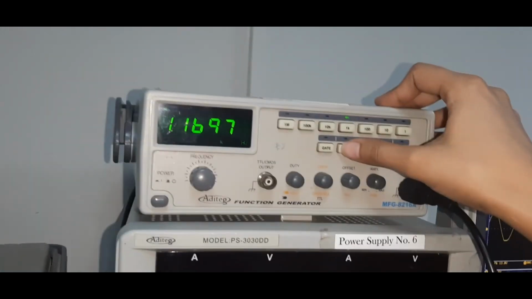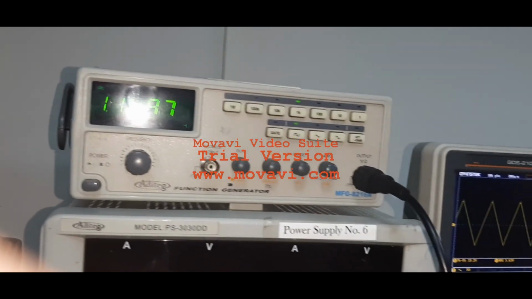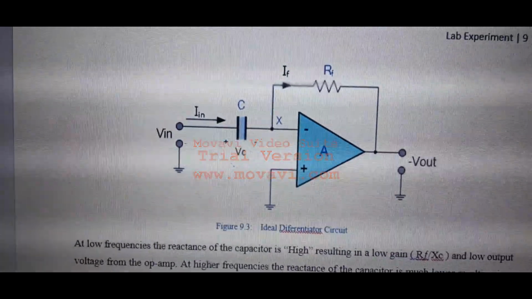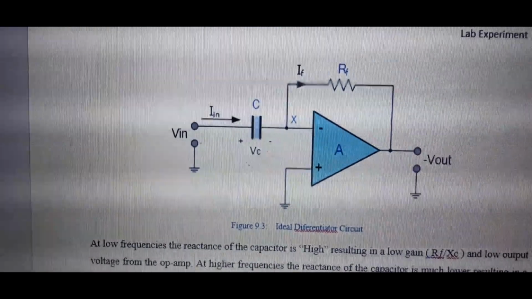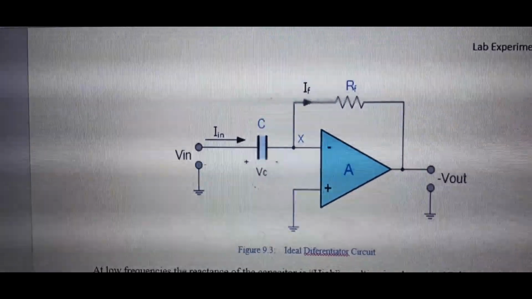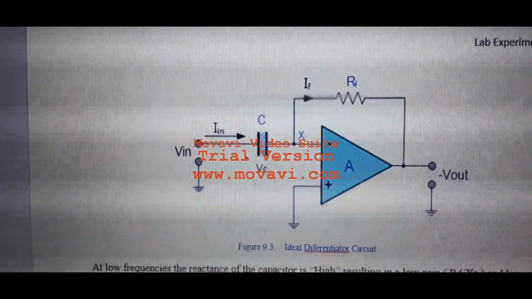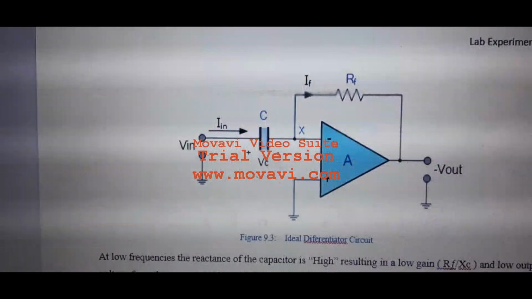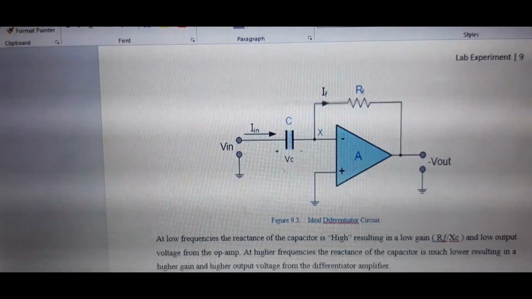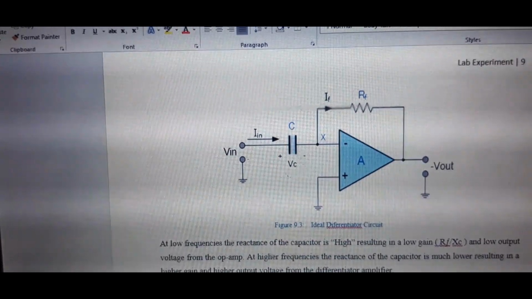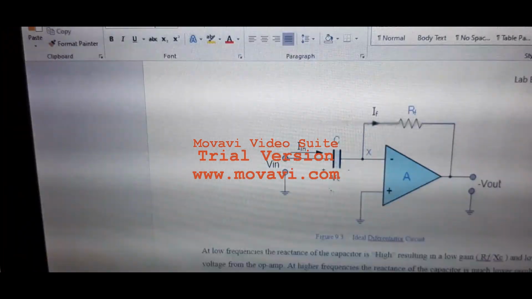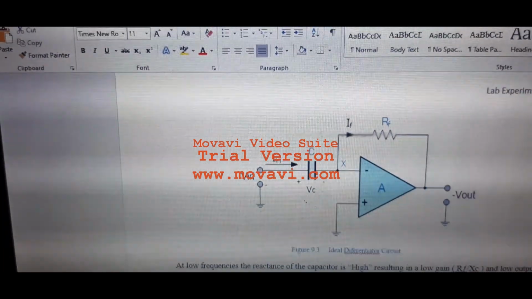The one thing you have to note is the difference between the integrator and the differentiator circuit: the position of the capacitor and resistor has been reversed. If you remember, in the integrator circuit the capacitor was connected in the feedback path. Now here the feedback path is a pure resistive element, while the capacitor is connected at the input terminal. This circuit will perform the mathematical operation of differentiation, that is, it produces an output voltage which is directly proportional to the rate of change of the input voltage with respect to time. Now I will explain how it works.